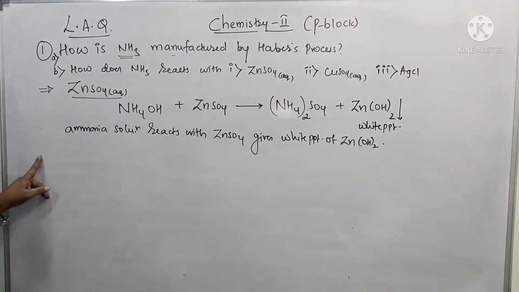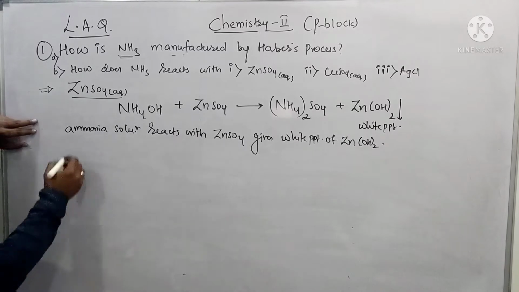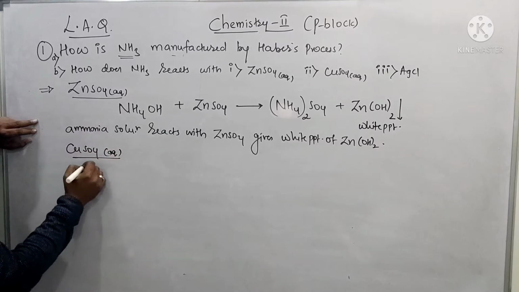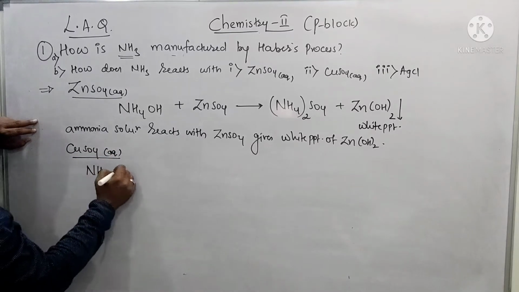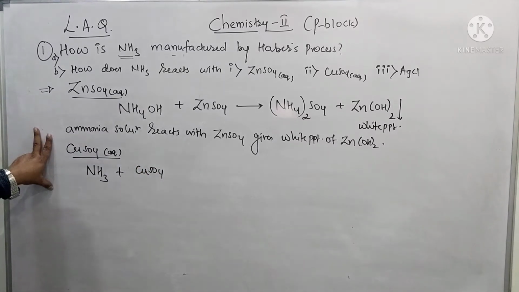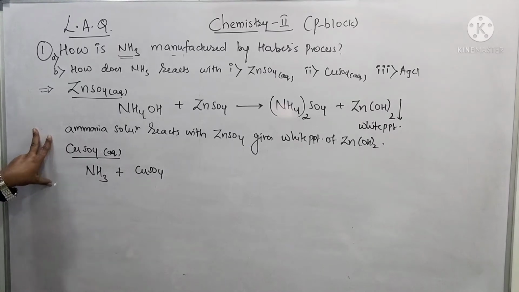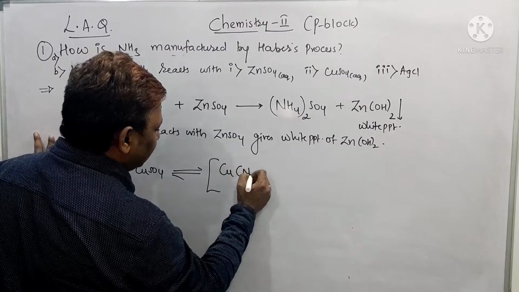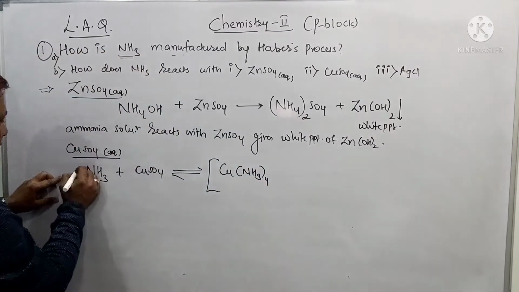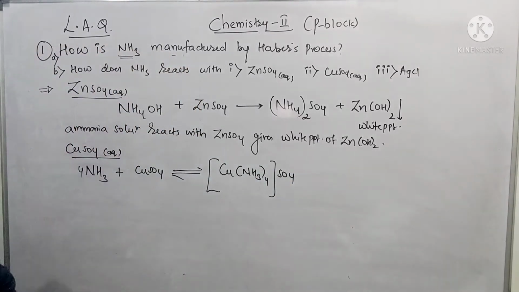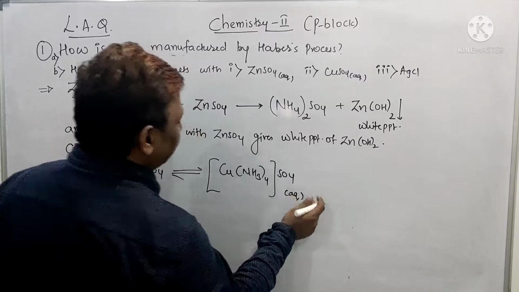Second part, beta, aqueous copper sulfate solution. Beta, aqueous copper sulfate solution I should write this way. It is an aqueous copper sulfate solution. Same, beta, instead of ammonia solution I will write ammonia, and aqueous copper sulfate I will write CuSO4. Beta, it has a tendency to form a complex compound, right? That is Cu with ammonia taken 4 times, and outside we have sulfate. But actually this sulfate which we wrote here is in the aqueous form, right? The complete complex is in the aqueous form.